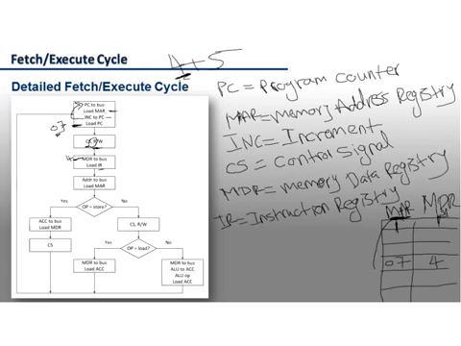Okay, so we load it to the IR, right? By the way, up to this point, before we get to the decoder, this is the fetch. This is the fetch step. Okay, so far we've only done the fetch. So up to the load to the IR is only about fetching. We're getting the data, right? Now this one here